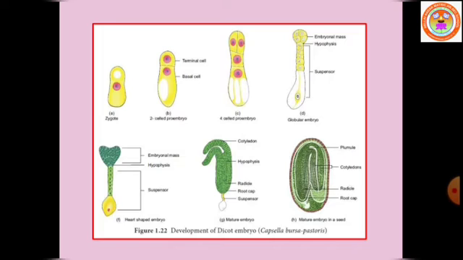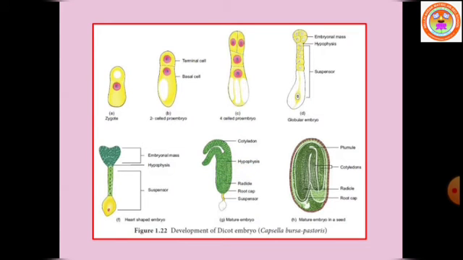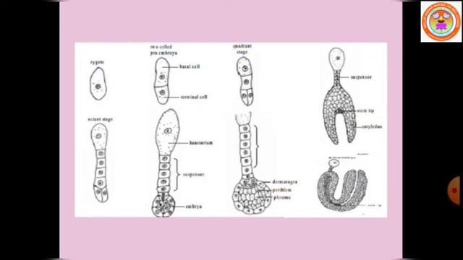The further development of the dicot embryo results in a curved horseshoe-shaped embryo in the embryo sac. The mature embryo has a radicle, 2 cotyledons and a plumule. So these are the various stages of development of dicot embryo, called the Onagrad or crucifer type, that you are now seeing.